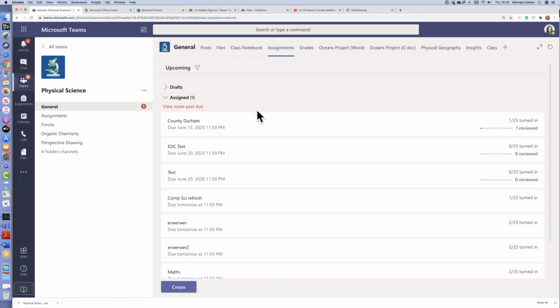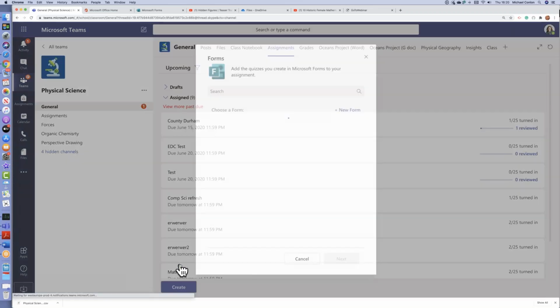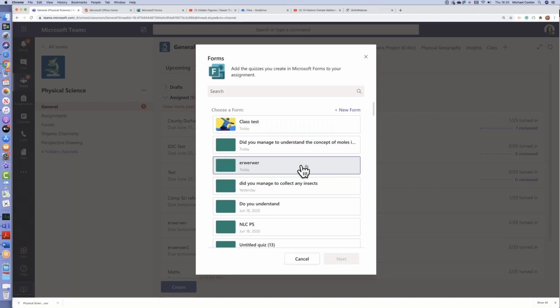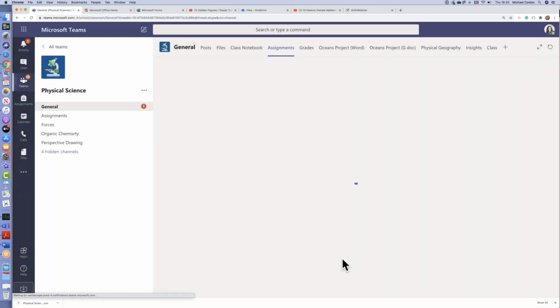We created, as you know, earlier on, a little quiz. So now if I want to create a new assignment from a quiz, it'll open up all the forms that I have created in Microsoft Forms. And one of the things I really like about this is once you've created that assessment, you can use it again and again and again, year in, year out, with your classes. You don't have to recreate it. So once that assessment's been built, off you go, you can use it next year.